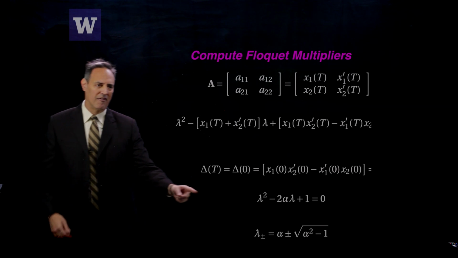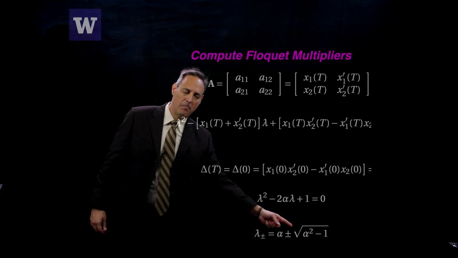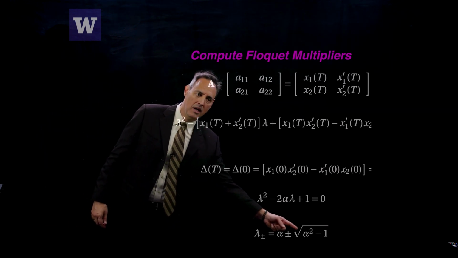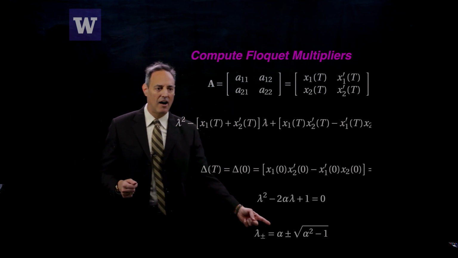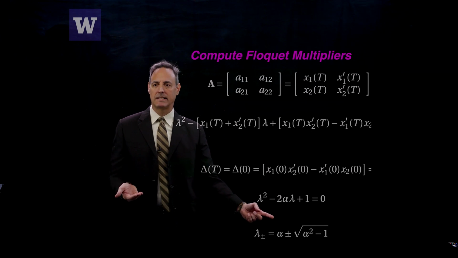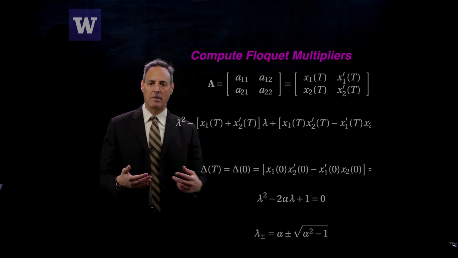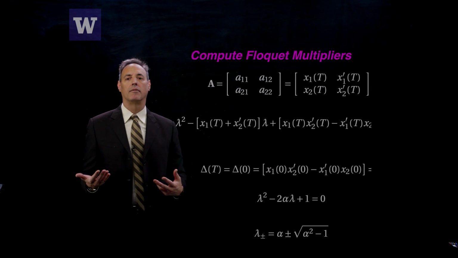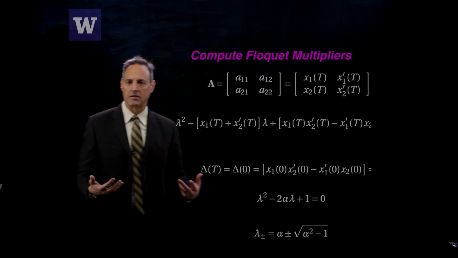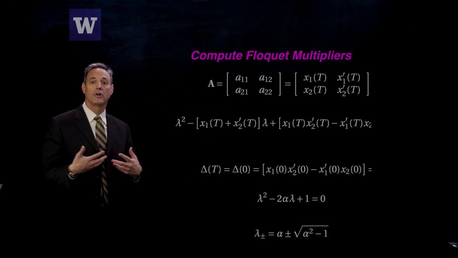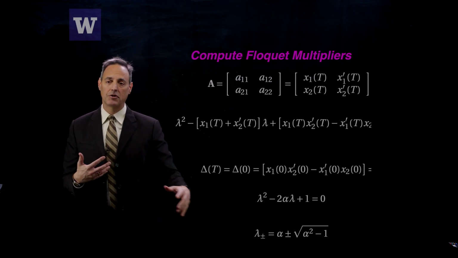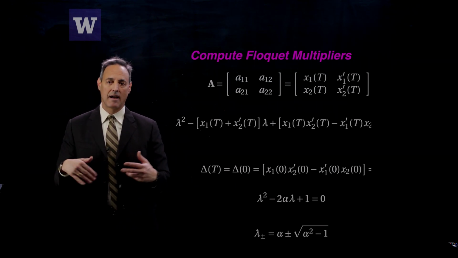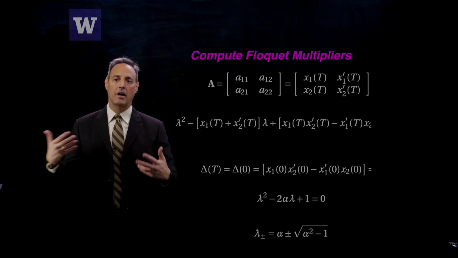So if alpha here, check it out, if alpha is bigger than 1, then this thing here will just be the square root of some positive number. And so you'll have alpha plus that number, alpha minus that number. So you're going to have basically a positive root and a negative root. This is a saddle in that case. And what we know about saddles is that they're unstable. So there's a stable direction and an unstable direction. So if alpha is bigger than 1, you're guaranteed to have this saddle, and the periodic orbits are going to